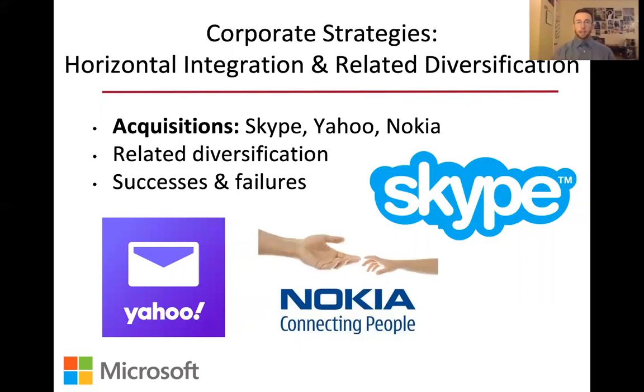So for the first aspect of their corporate level strategy, Microsoft uses a horizontal integration strategy because of their position as one of the biggest competitors in the tech space. Microsoft uses a strategy of related diversification when it comes to establishing new businesses. Microsoft has also acquired companies from various segments such as Skype, Yahoo, and Nokia. These strategic acquisitions are made with the intention of competing with industry leaders.